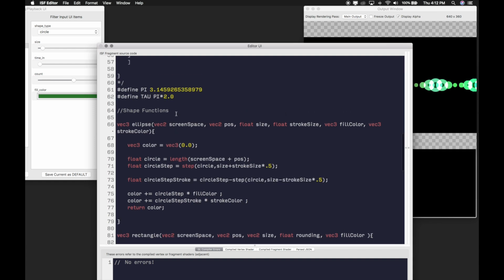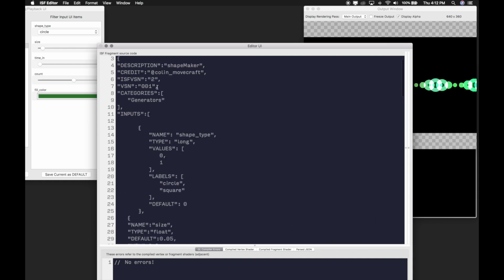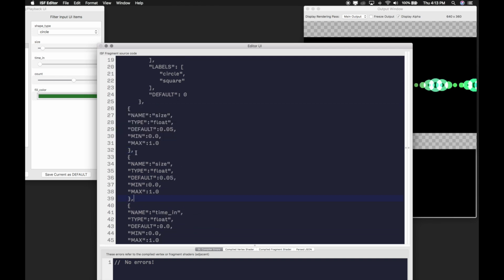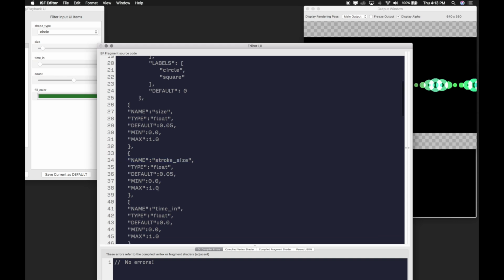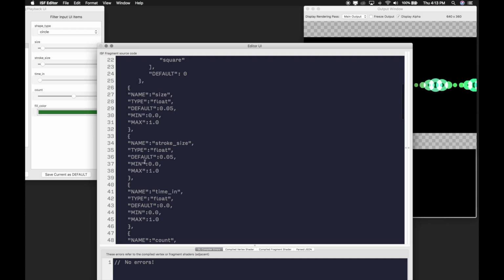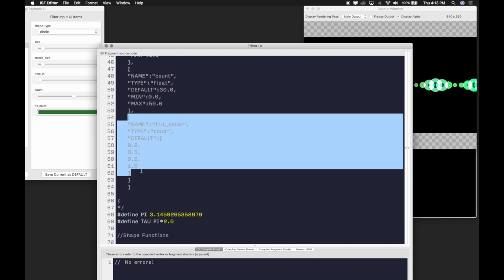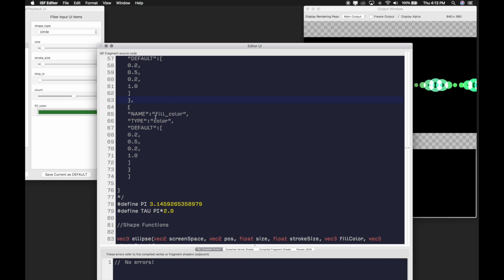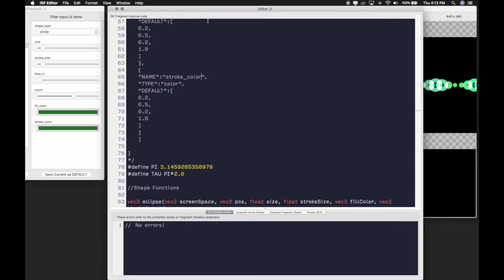Okay, so the last thing I'd like to do is make some user UI for this. I'm going to come up to my size, and let's go ahead and duplicate that, and call that stroke size. And I'll save it. And let's come to our fill color, duplicate that, and call that stroke color. Great. Now you observe I've just been duplicating these things manually here in the code, but also inside